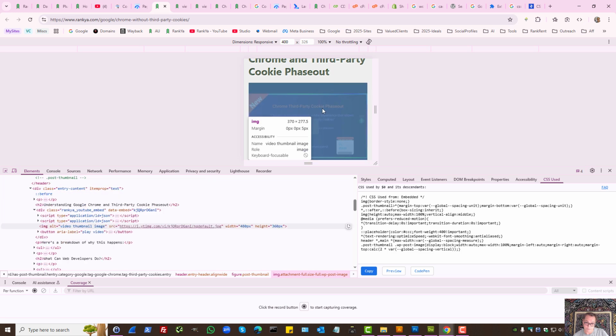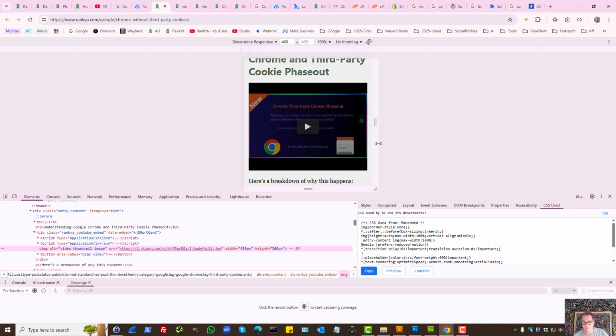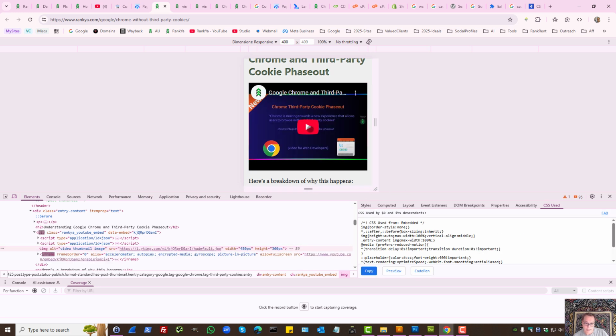For videos, if your website is publishing videos, there are different ways to load videos as well. I won't cover that because that could be cumbersome. In this example, this video has not been loaded unless someone clicks and then it's loaded. So it's not part of the page load per se. And